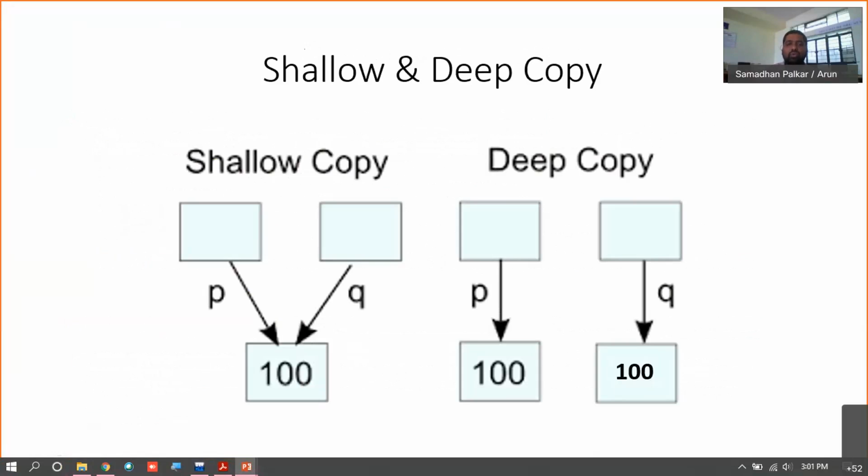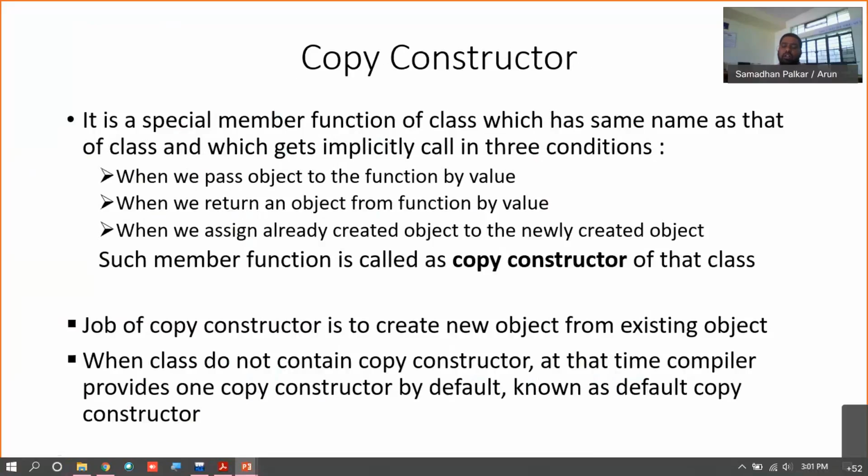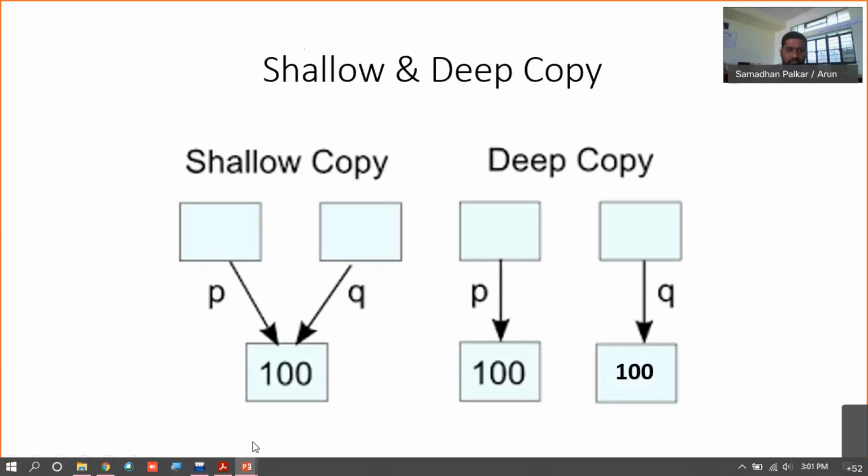Now there are two styles or types, you can say, for this copy constructor. One is called shallow copy and another one is called deep copy, right? Now what actually is shallow copy? In shallow copy, whatever data is visible to you here on your screen,